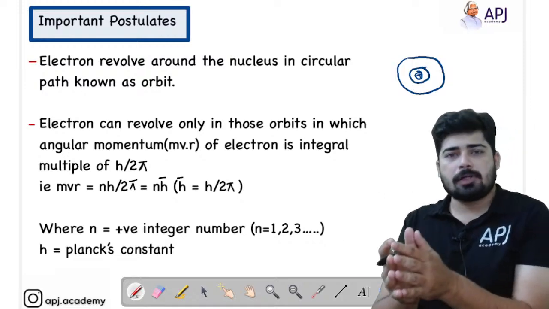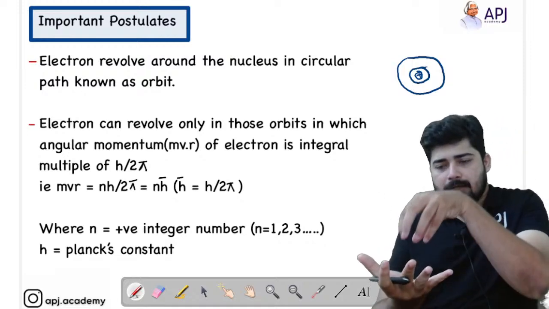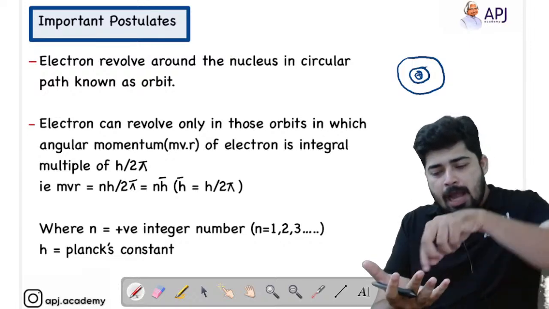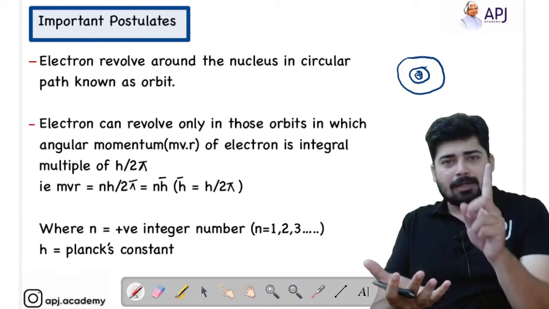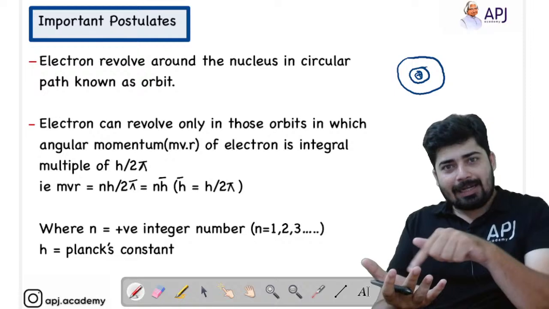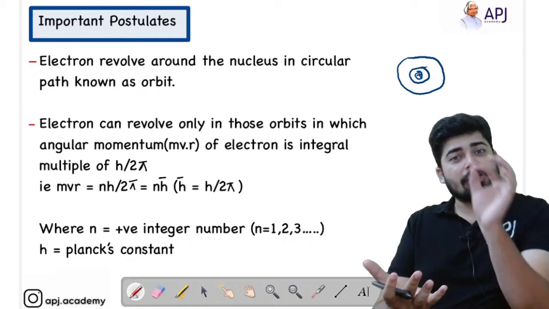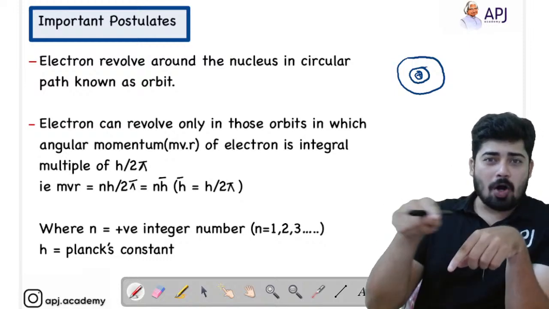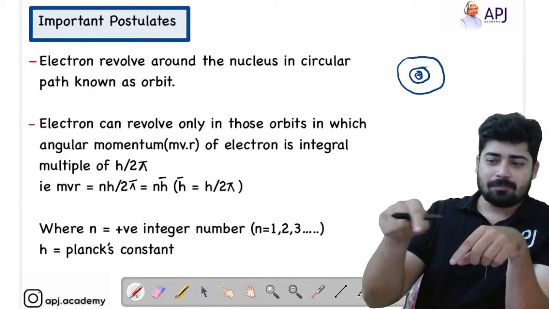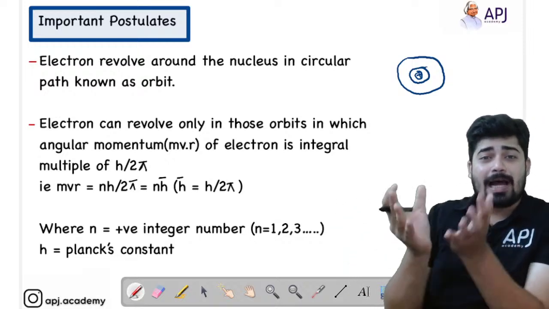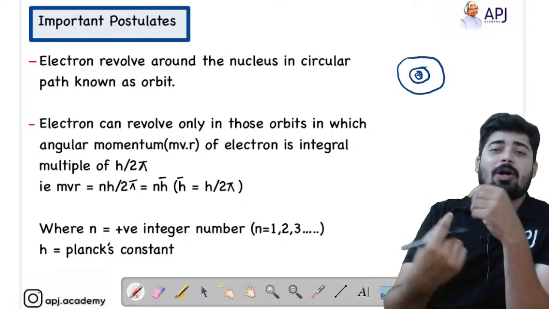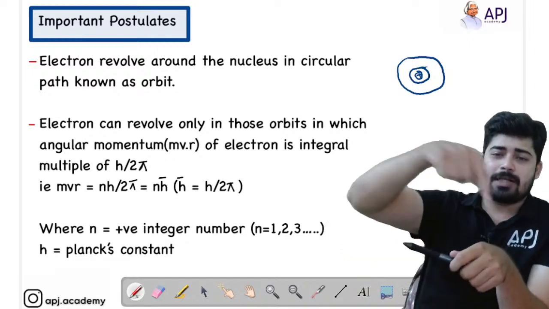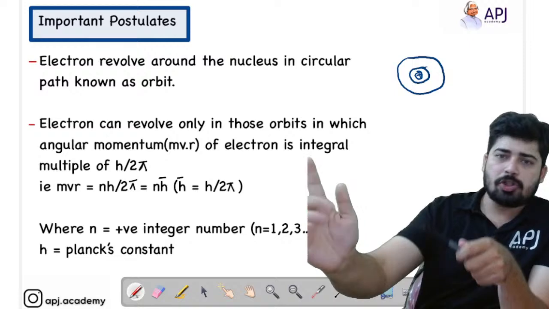Then Bohr came into the picture. Bohr said that yes, there is a concentrated mass at the center of the atom, called the nucleus, and the electron is revolving around it. But what Bohr said is that the electrons are revolving in fixed energy orbits. The energy is present in the orbit and the electron is revolving in that energy field. If that energy field is there, then the electron cannot utilize its own energy. The electron is not utilizing its energy, but an energy field of the orbit is pushing the electron to